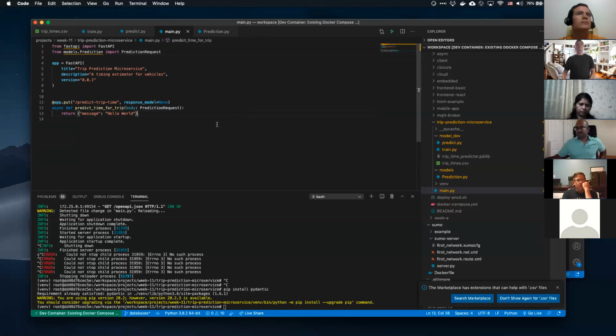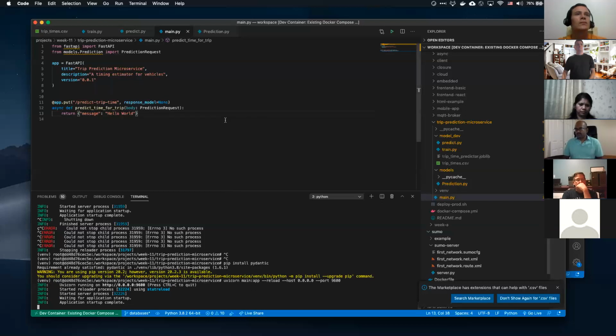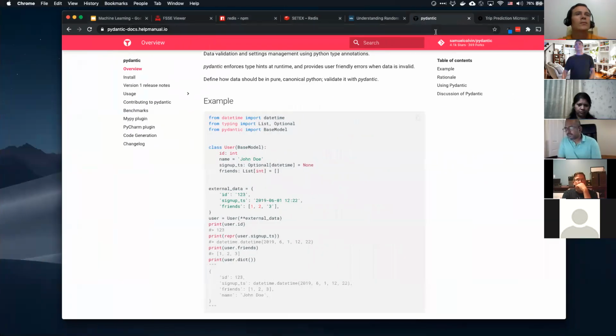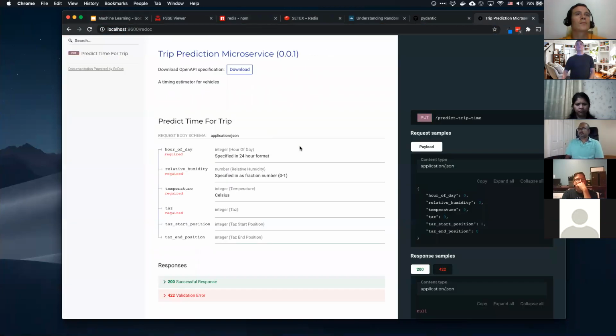So now, if we start Uvicorn again, we should be able to go over here, and we should see now all of our documentation, all just from our typing. So not only are we getting validation for that, we're also getting our documentation.